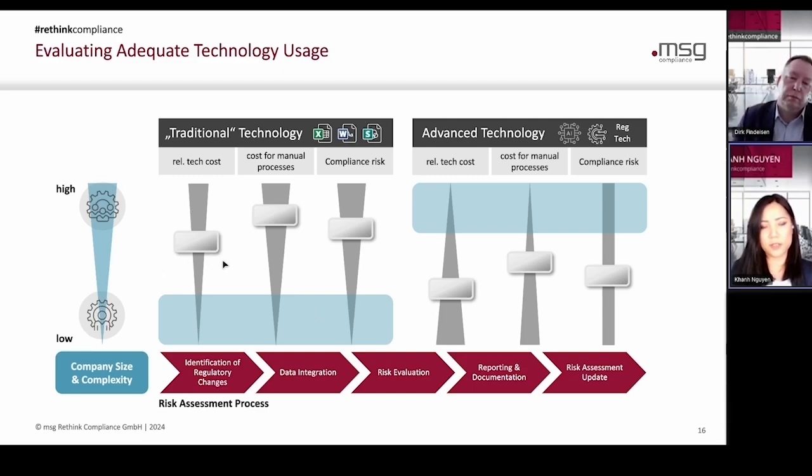So therefore, you need to take maybe time and reassess the current risk assessment process in your organization and look into the cost and also in relation to the compliance risk that you want to avoid. So related to that